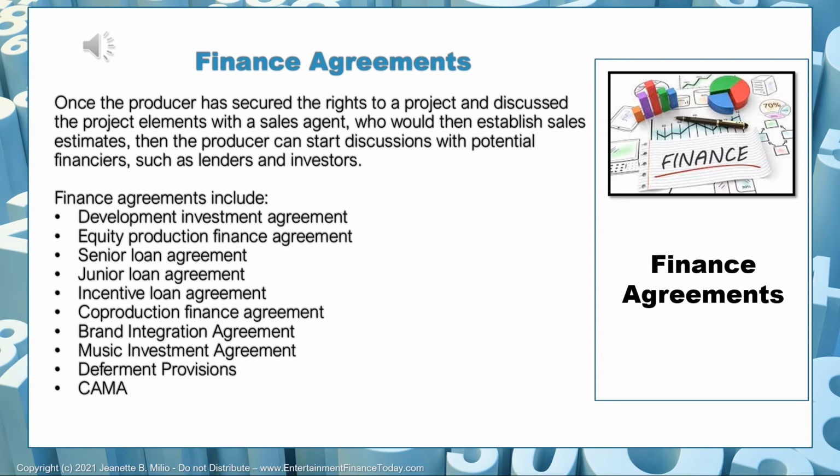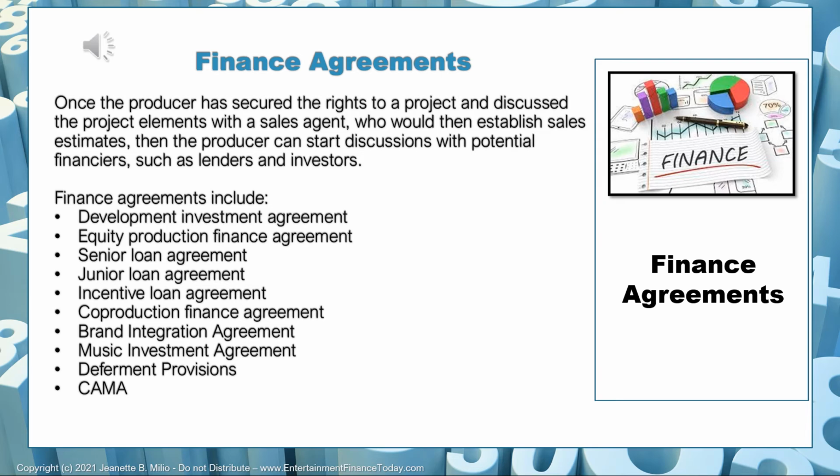The senior loan agreement is based early on a bindable term sheet that is issued by a bank. That term sheet lays out the discounting that might be applied for certain pre-sales, and it lays out the interest, loan fees, and legal fees that are being charged in connection with the loan, which are deducted as a reserve and then paid when recoupment distribution revenues are coming in.